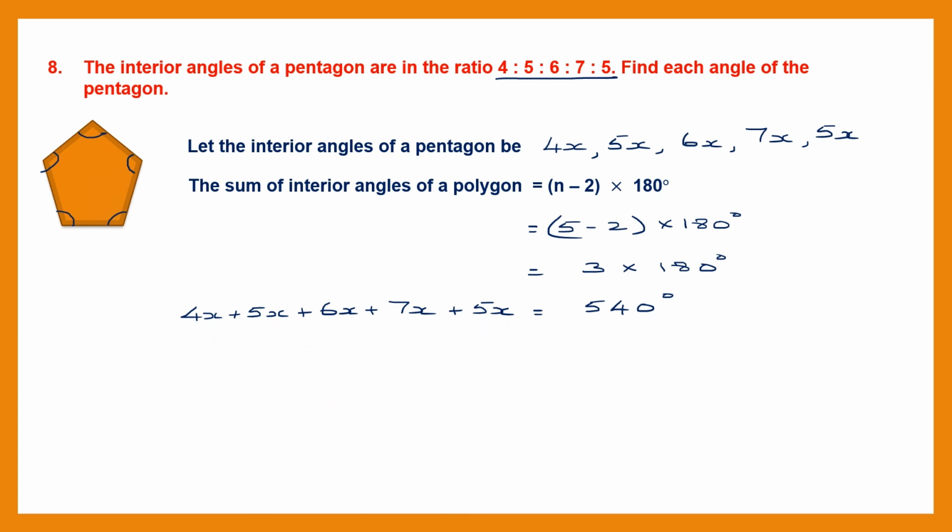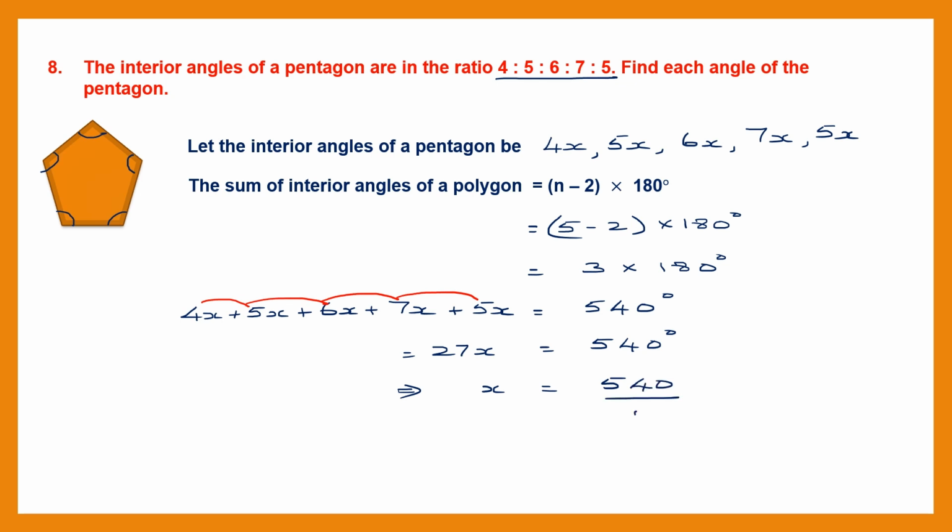So let's add up. 4 plus 5 is 9. 9 plus 6 is 15. 15 plus 7 is 22. 22 plus 5 is 27. So that is 27x. So 27x is equal to 540 degrees. So how much will x be? X will be equal to